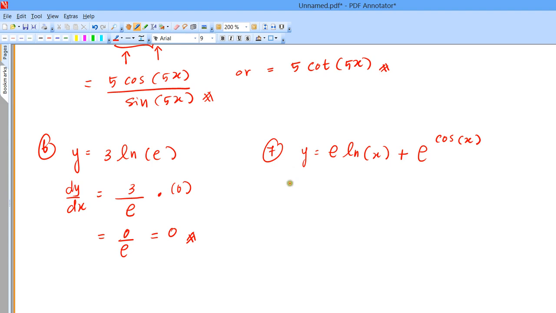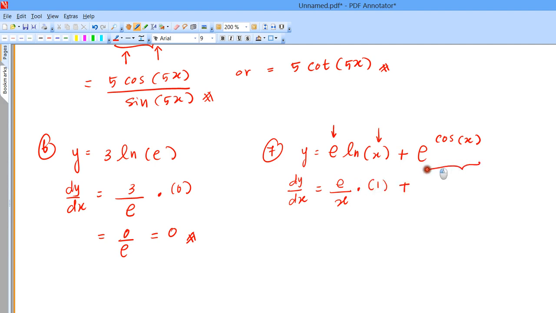So differentiate left hand side equal to dy over dx equal to, okay, right hand side we have e times ln x, but e here is a constant, so e is a coefficient, and then we have function equal to x. So differentiate e ln x equal to e over x times differentiate x equal to 1, okay, plus,